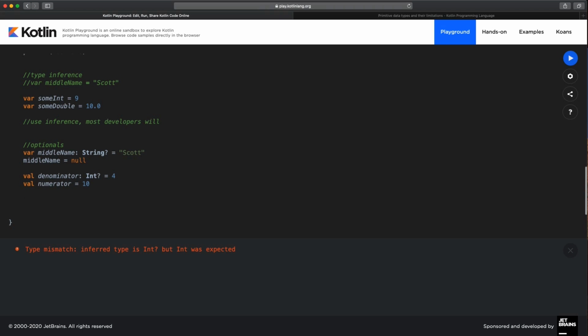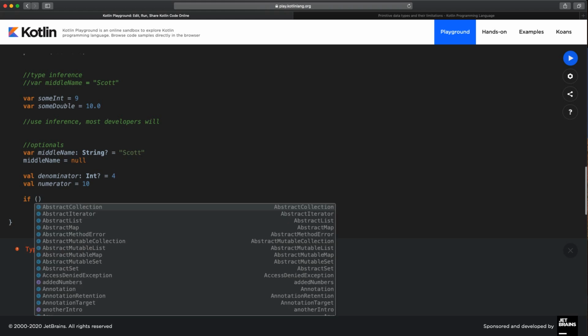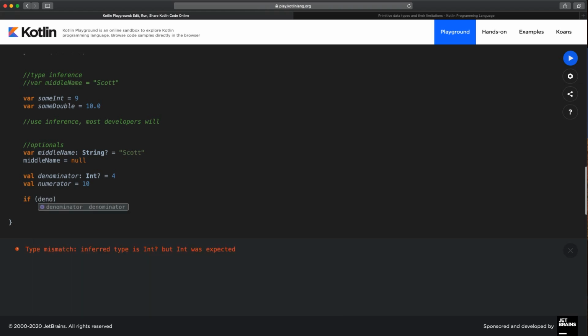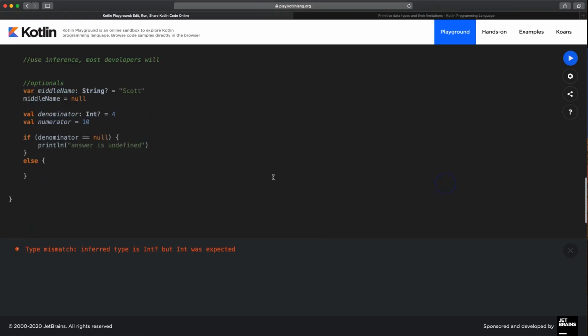And you may have seen code like this in Java code or C code. We'll talk about if statements more, but if statements are so similar to every other language you've ever used that there's not much to say. So I think you'll be able to follow the code without any problems. So I could say, if denominator equals null, print line, answer is undefined. Else,